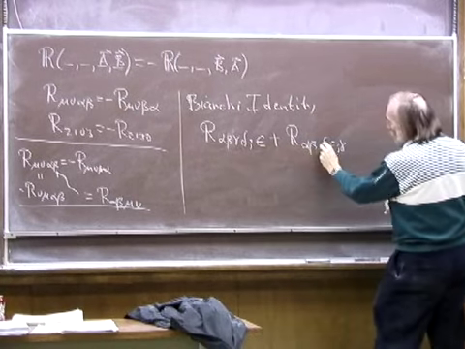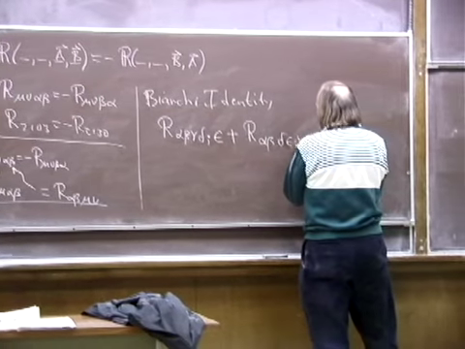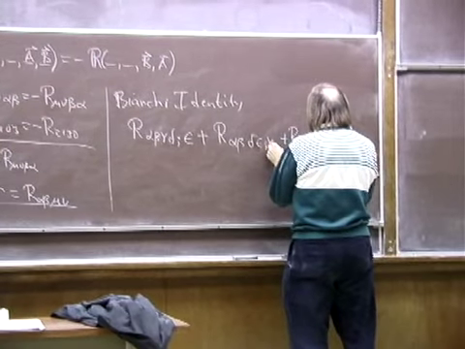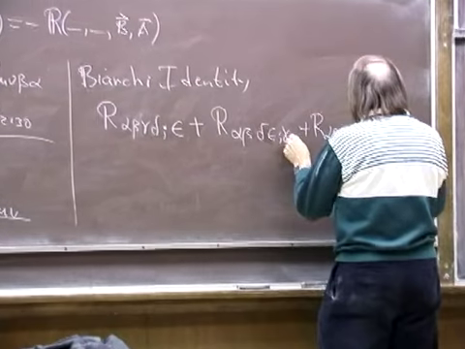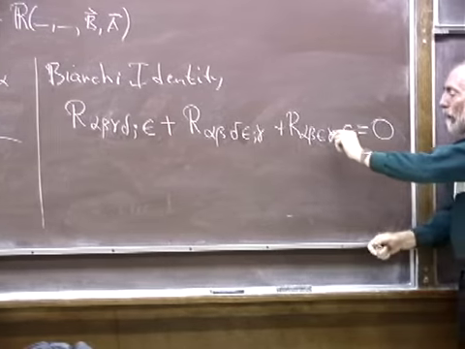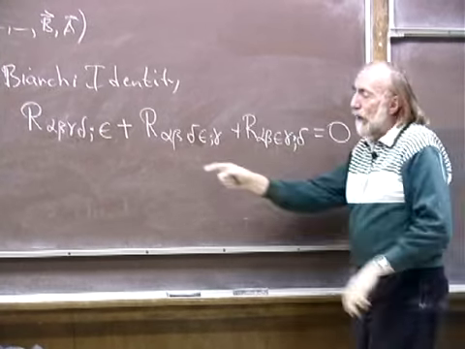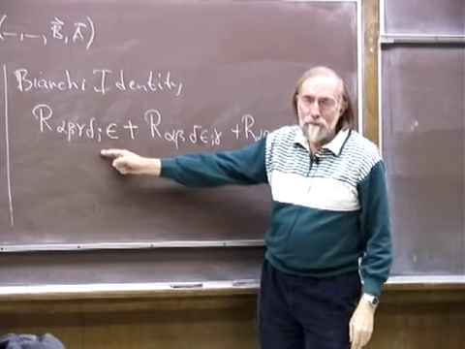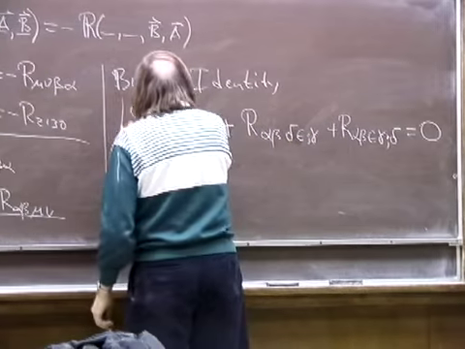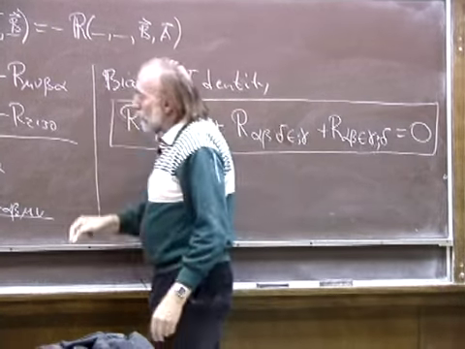And then I'm going to do the same thing. I'm going to pull the first one around to the end again. Plus R, alpha, beta, epsilon, gamma, delta. So that's 0. If I repeat this again, pull the epsilon around to the end, I get back to where I started. So these are a series of mathematical properties of the Riemann tensor that are very useful.